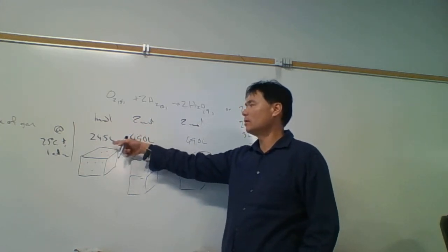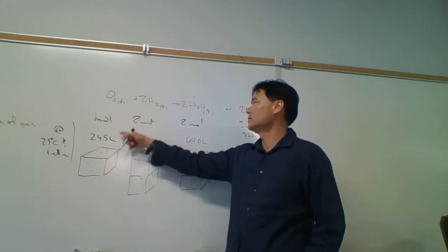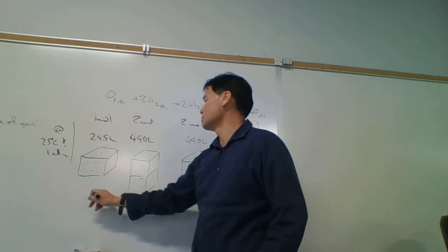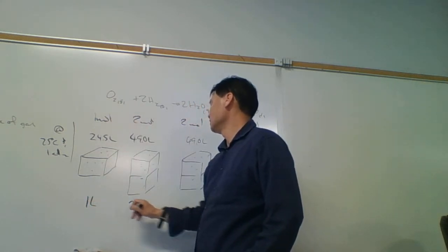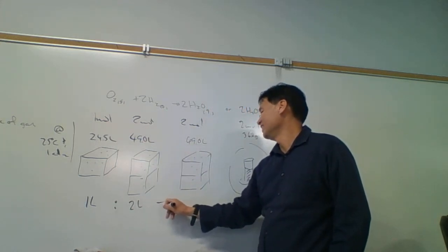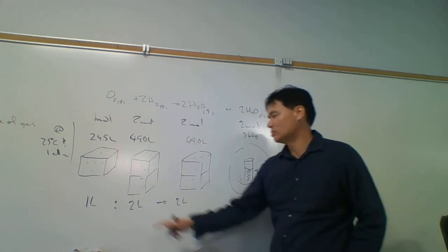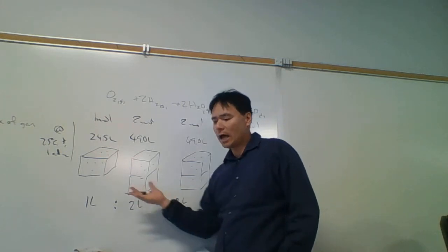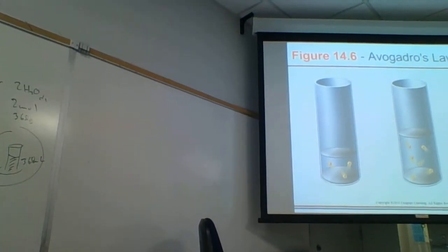The same thing, we aren't always going to use 24.5 liters. We might use more or less. And so this is just, it's easy. We could just do, for every 1 liter of oxygen, we'll need 2 liters of hydrogen, and that's going to form 2 liters of H2O gas. So it's a 1 liter to 2 liter to 2 liter, or gallons, or cubic inches, whatever volume unit you want to use,